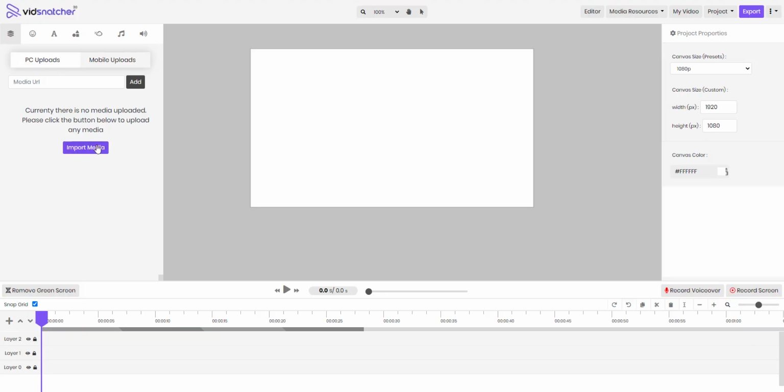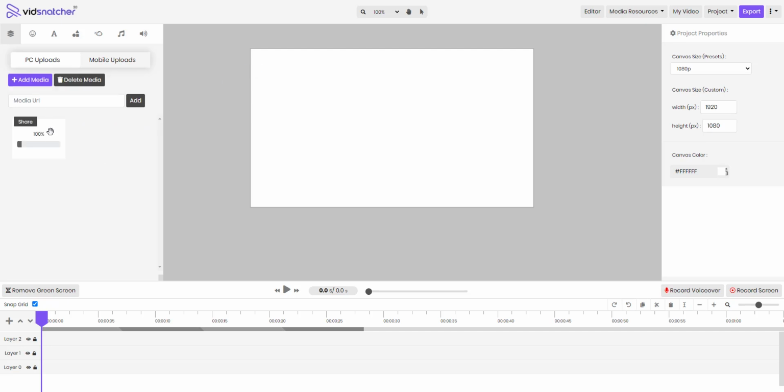Alright, so this is the editor of Vidsnatcher 2. You can start with importing media right here. As you can see, you can directly add an image or video right away with a single click. Once the media are loaded on your left media panel, you can go ahead and drag it onto your open